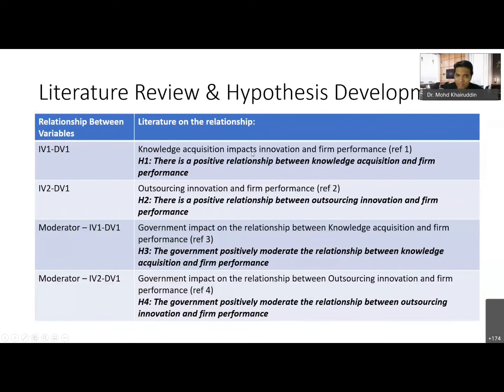So it's a very simple paragraph over there, and you put the references as well, for the panels to know that there is a prior relationship on this. You do this on the basis of the study: there is some analysis that has been done before, so you want to refine it, you want to do it on your own, you want to start with some other relationships in depth in your area. So you put your hypothesis one: there is a positive relationship between knowledge acquisition and firm performance.